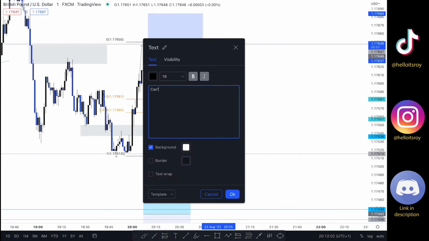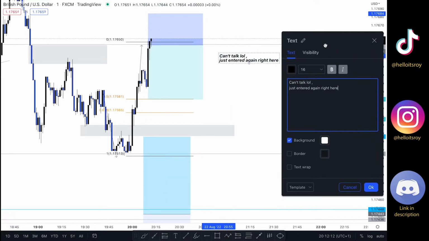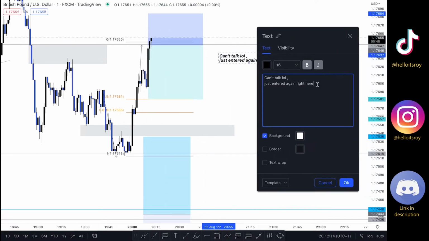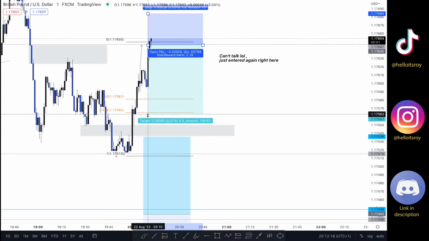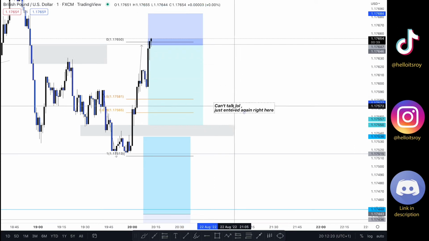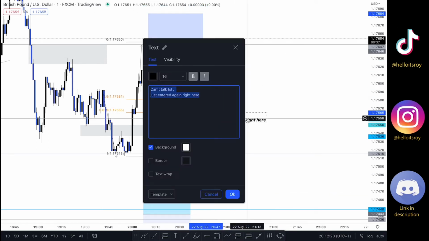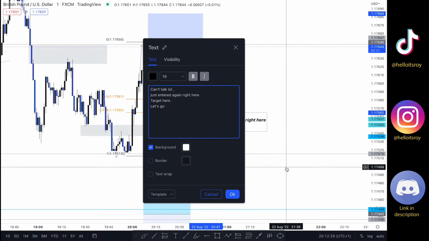So guys, as you can see here, I can't really talk, so this is a voiceover. What's happening here is that the market pushed through to the upside, and the position that I just showed you before, the $8 profit, is actually me taking partial profits and then the market hitting my stop loss. So I got out at a small $8 profit. However, right now, after the market has taken the liquidity through to the upside, remember that my initial analysis on the 15 minutes time frame is to simply target the lows to the downside.